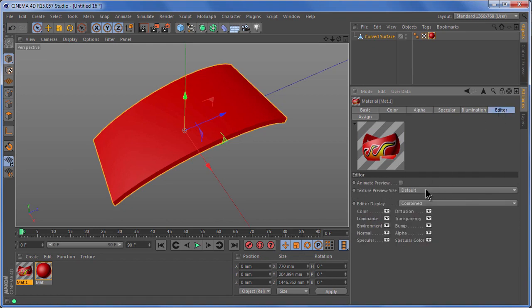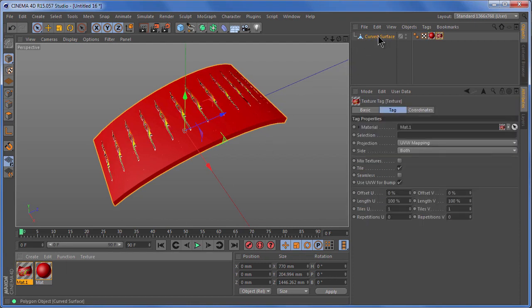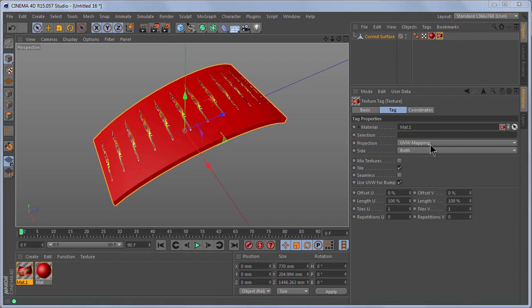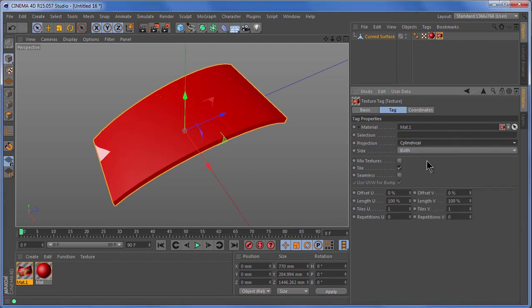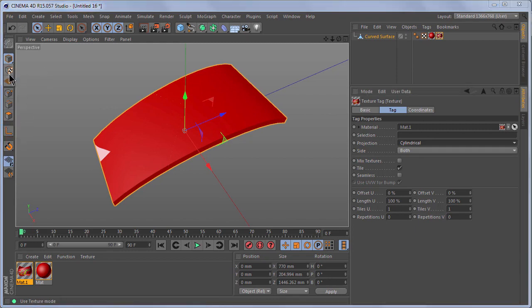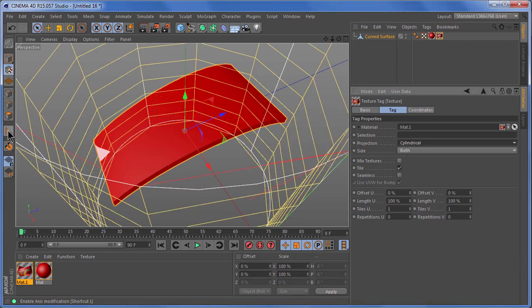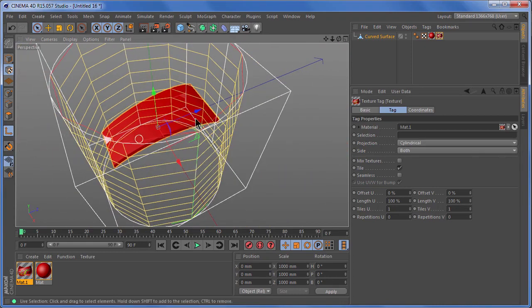I will change the texture preview size so it's sharper in the viewport, and drag and drop it onto the surface there like that. I'll change my projection to cylindrical, and let's go into texture mode and axis mode. Okay, so there, in there. So I do need to be in axis mode because I need to